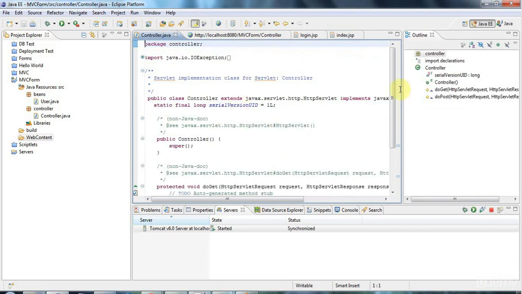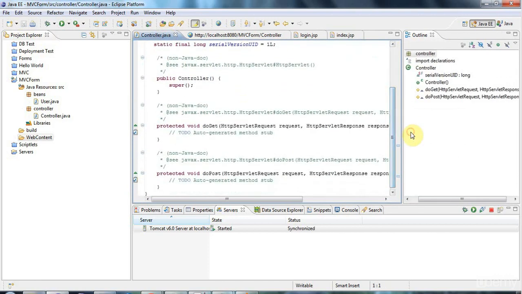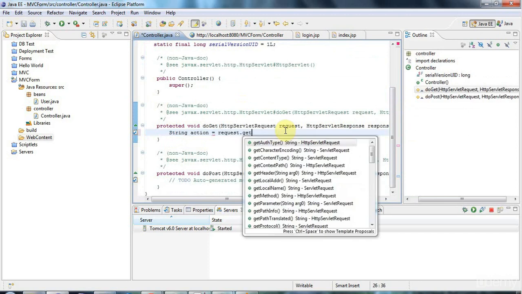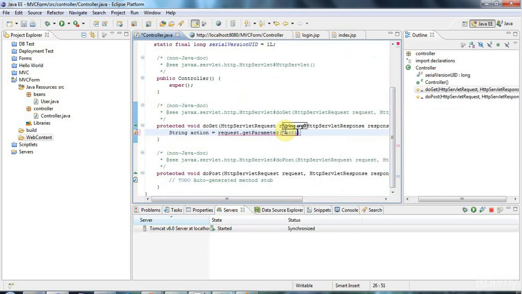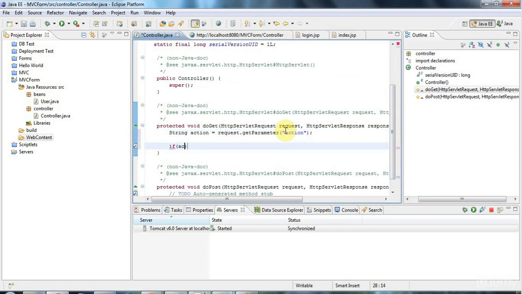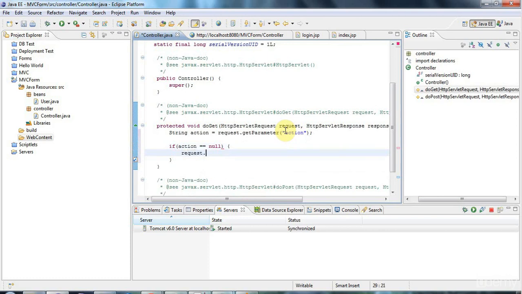Now the controller itself, I can make that the home page of my website, and I'm going to have a doGet method. In my doGet method, I'm going to check the action parameter, so I'll say String action equals request.getParameter("action"), and I'll say if action equals null, then I'm going to say request dot